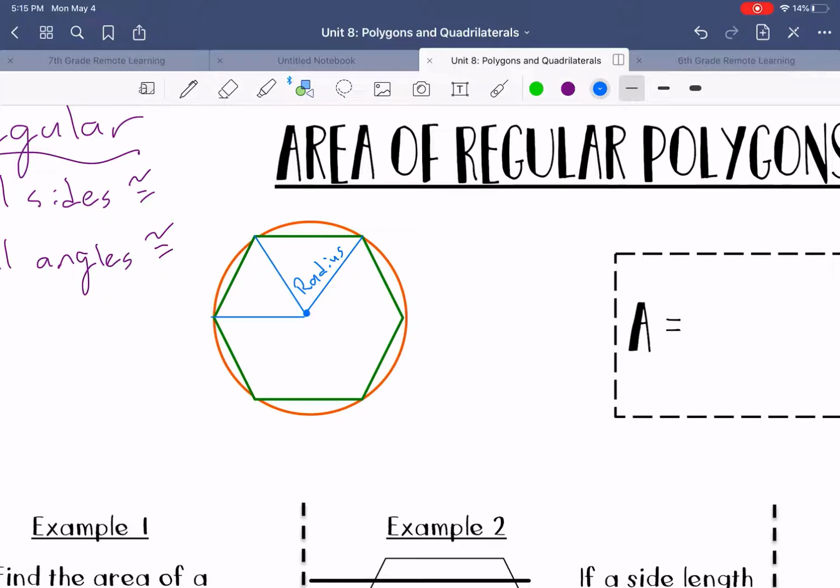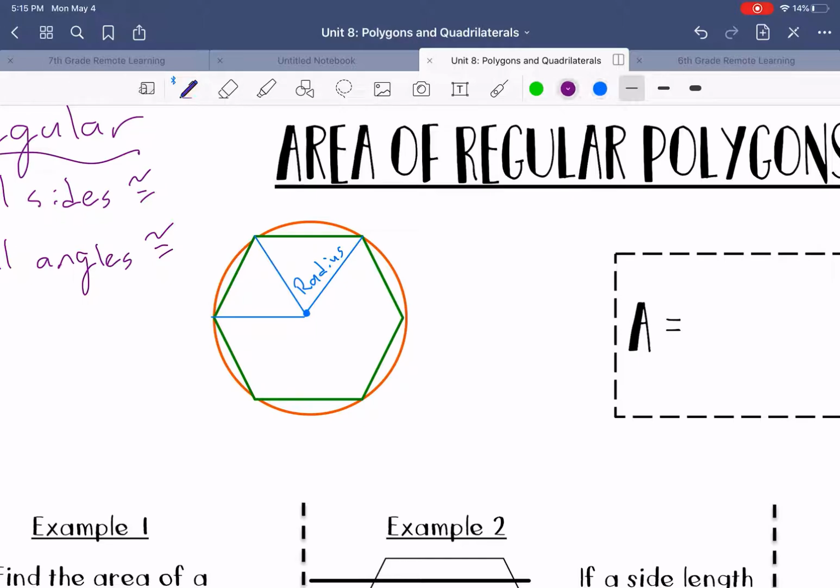Going forward, you're not going to see necessarily the circle around your polygon, but you still know that a line from the center to a vertex is going to be a radius. I'm sorry, not from the center to an edge. A center to a vertex is always, we're just going to call that a radius. So if I give you a pentagon and I say the radius is blank, you'll know that's from the center